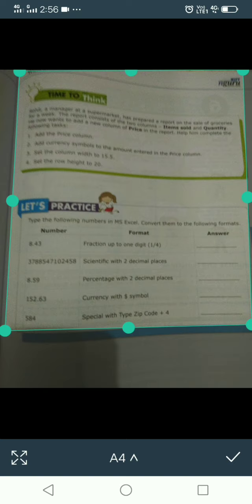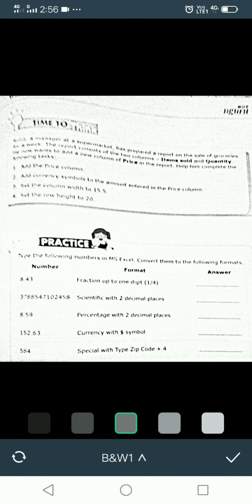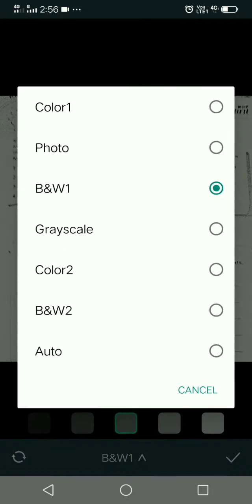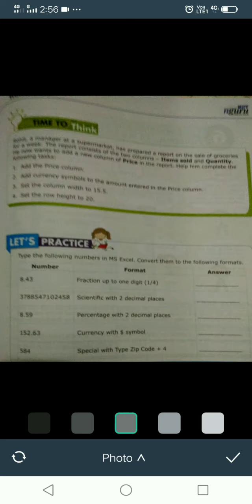Now we tick it again, and at the bottom you can see B and W1 is written. Click here and choose the photo option. When you click on this photo option, the color of your image will change. So I have chosen this photo option from here. Tick it again.